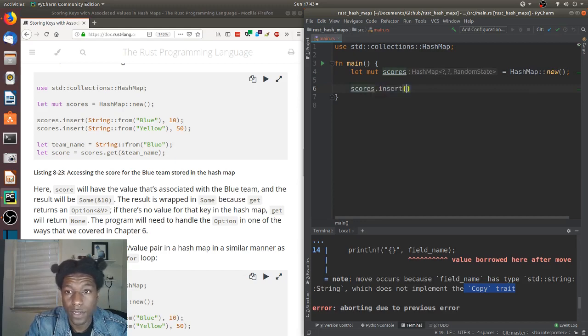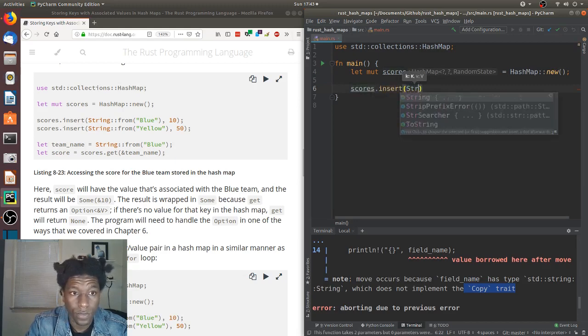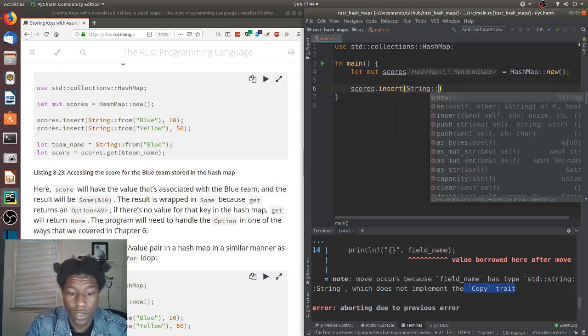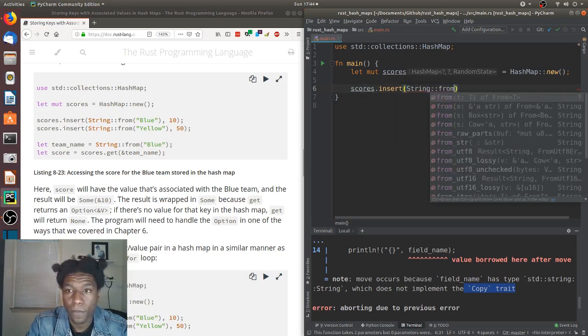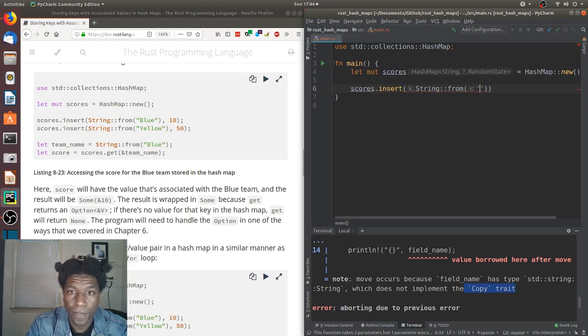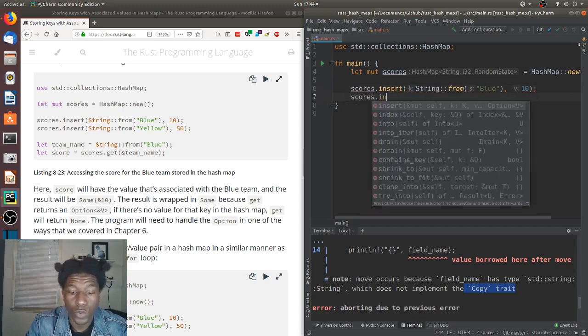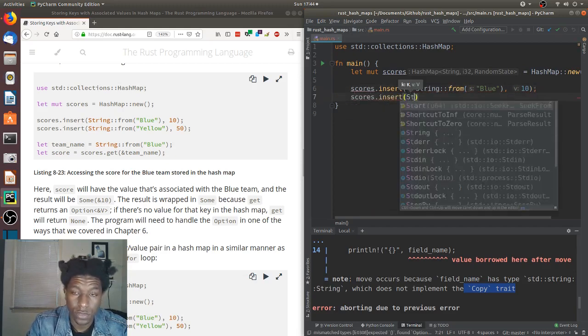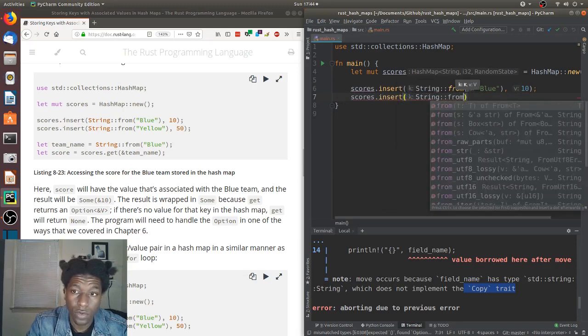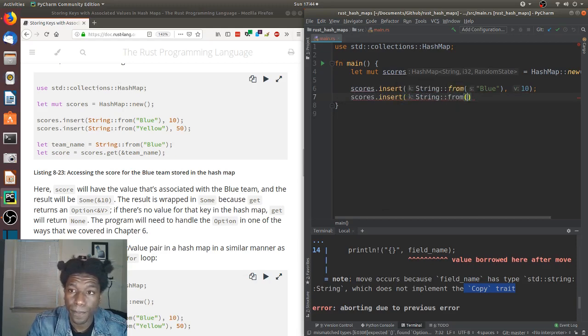Scores dot insert String from. They made this team blue, and they gave it a score of 10, value of 10. Scores dot insert String from, put that back there,